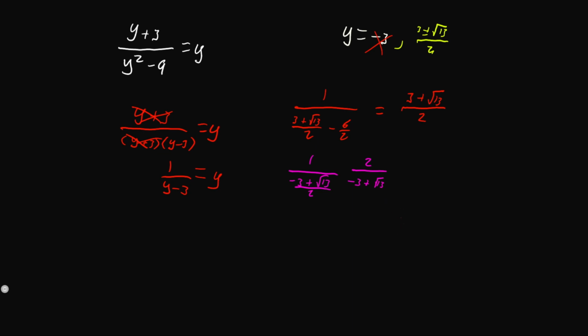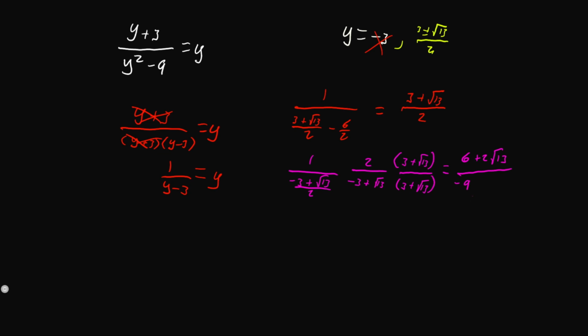And we're going to multiply by the conjugate, which is 3 plus root 13 divided by 3 plus root 13. We're changing the sign of negative 3 to positive so that we can multiply now. And we're going to get, the top is 6 plus 2 root 13 divided by